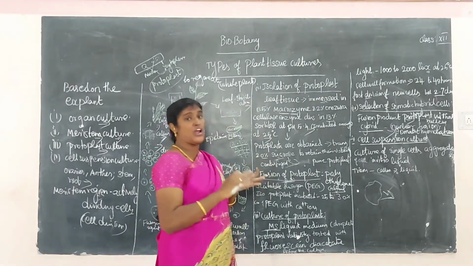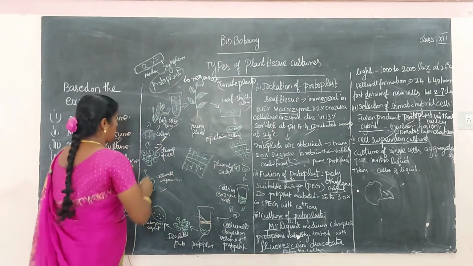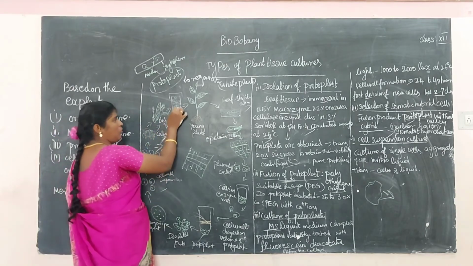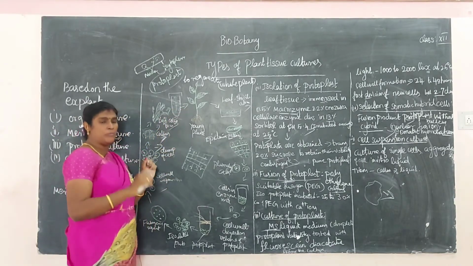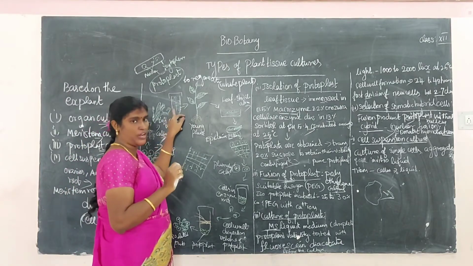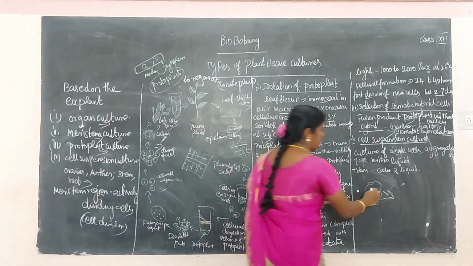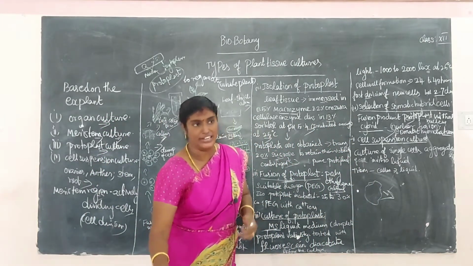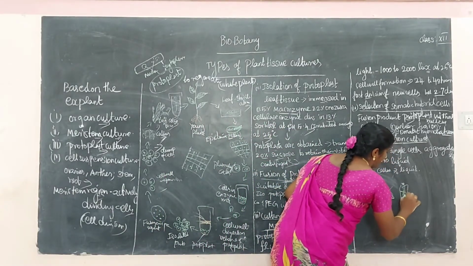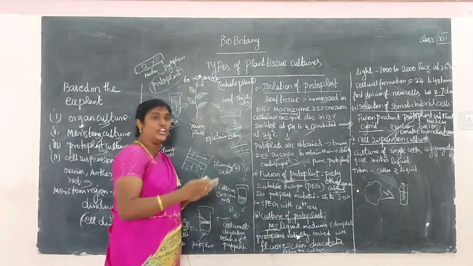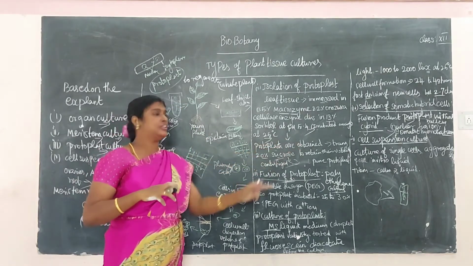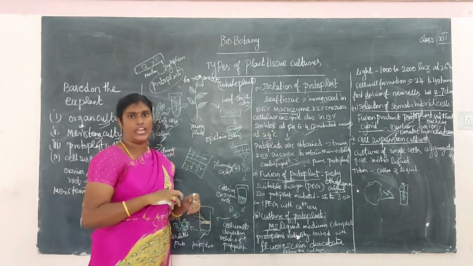Okay? So the transfer of callus tissue into the liquid medium. For example, this is a normal callus tissue. The callus tissue is transferred to the liquid medium. For example, the blue color is the nutrition. Some nutrition is added in the medium, so this is called the nutrition medium. Upon the transfer of callus tissue, the callus tissue is easily transferred to the normal liquid medium. The callus differentiates to develop other organs, to develop a new plant from this callus tissue. That is called cell suspension culture. Okay. Do you understand the method?